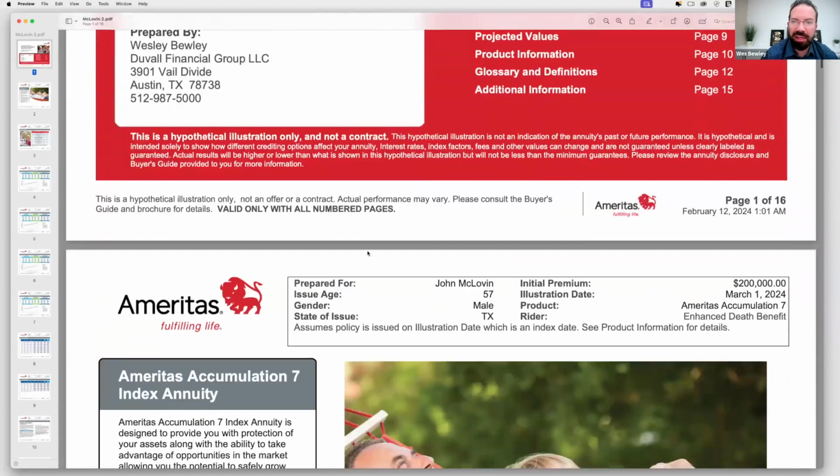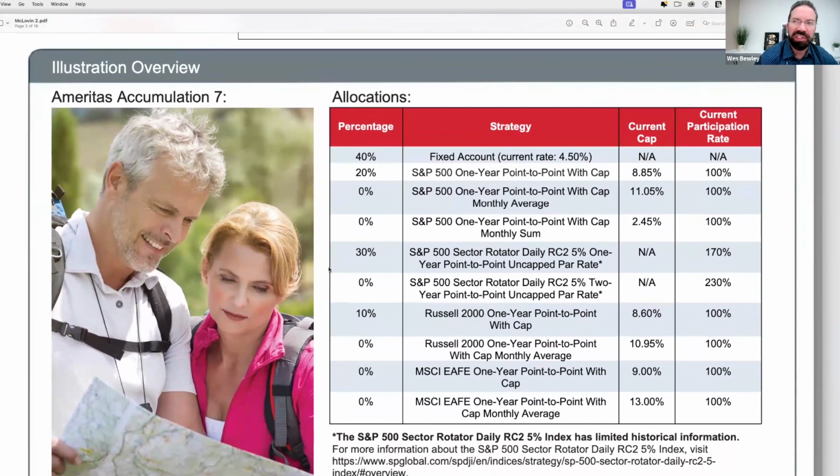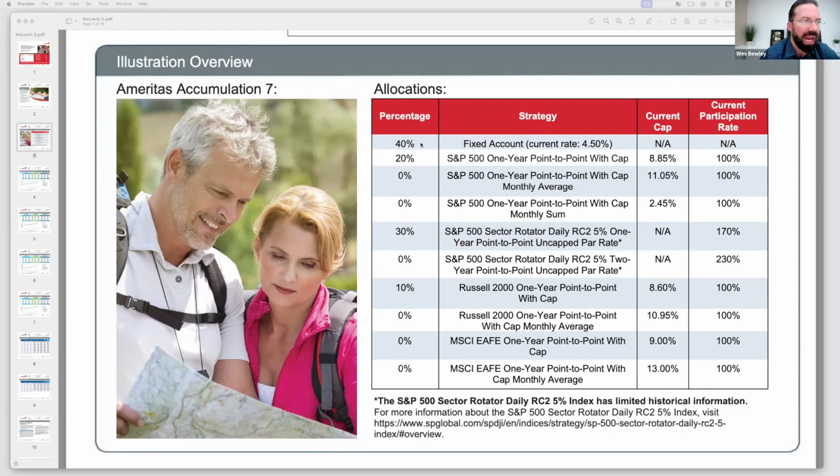So let's go down to slide number 3 here, and we get to something called allocations, all right? You can see here where I put 40% into one, 20% into another, 30% into one, 10% into another, right? So allocations, these are different indexes that we're allowed to follow and get the returns of these indexes. Notice how I put 40% into one, 20% into another, 30% over here, 10% over here, right? Now, some people in my industry will put 100% of the index into the one that pays the most. And why would they do that?